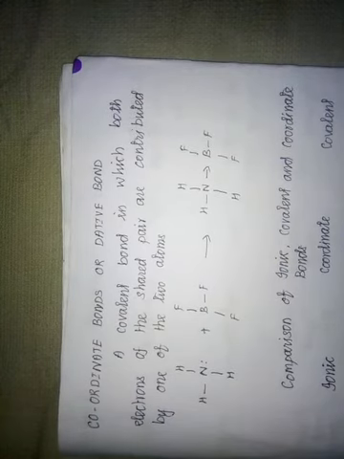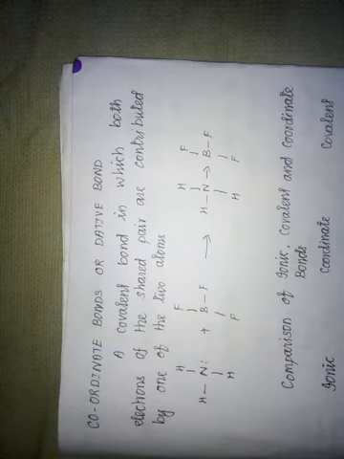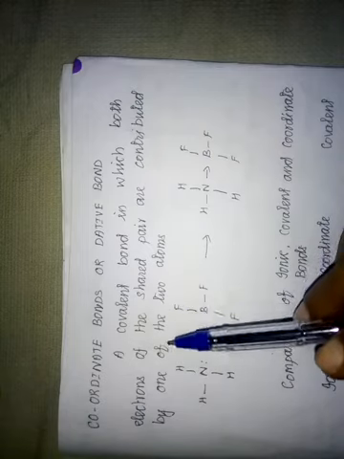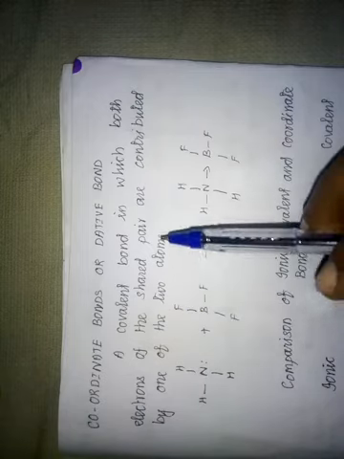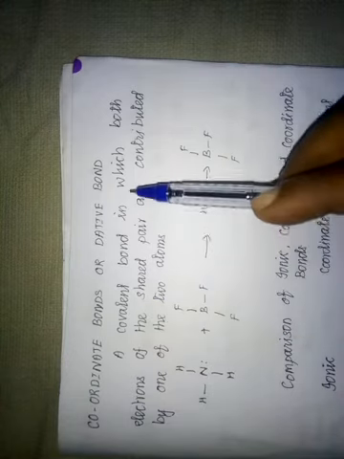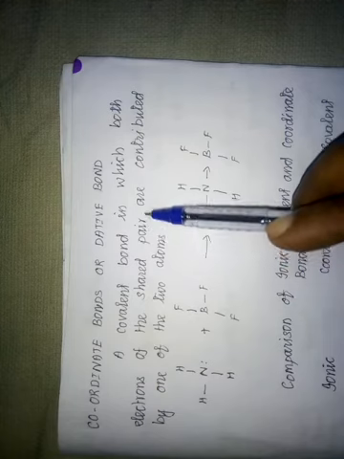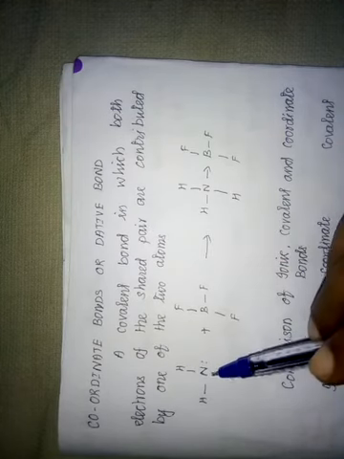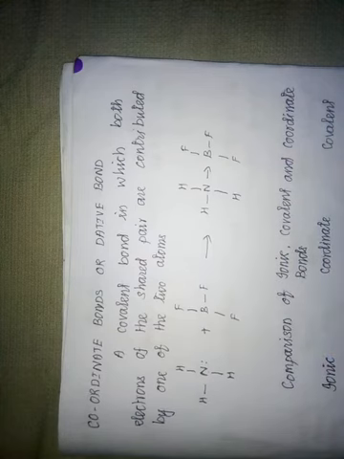And the third one is coordinate covalent bonds, or dative bond. Earlier we have seen the covalent bond, where the bond is formed by the sharing of electrons. But here, the pair of electrons is donated by only one type of atom, and it is called the dative bond. Example, a covalent bond in which both the electrons of the shared pair are contributed by only one of the two atoms. Here this is nitrogen, here this is boron.